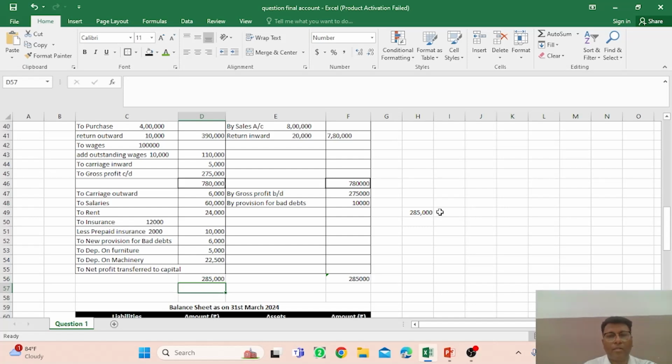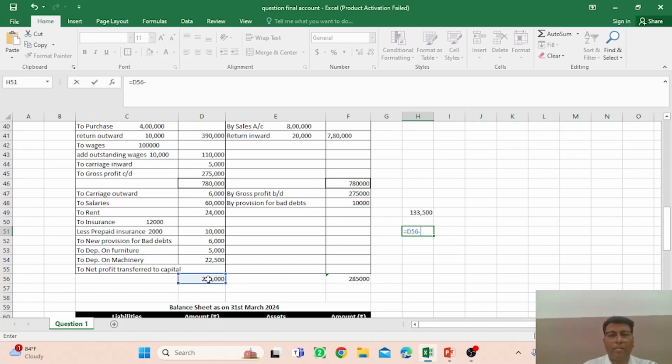Just remove it, right, and 285, and the total is rupees 133,500. Okay, and you have to subtract this particular amount of debit side from